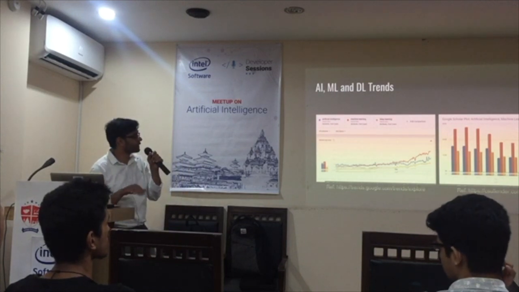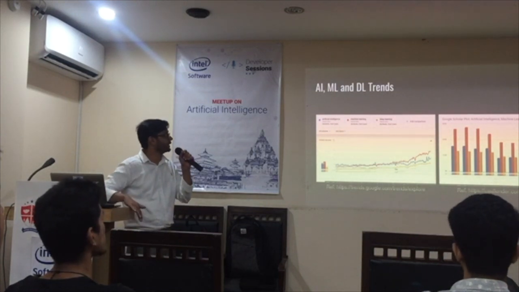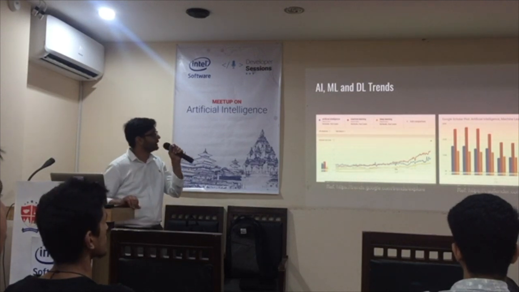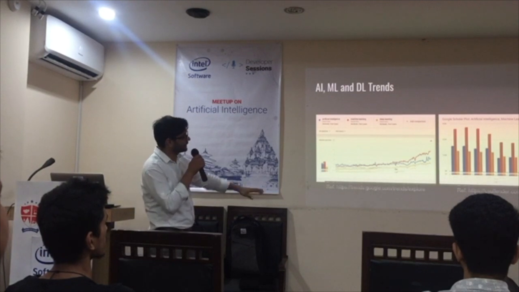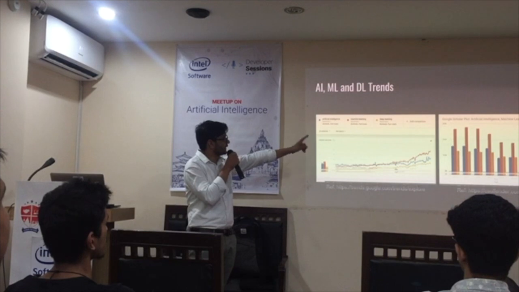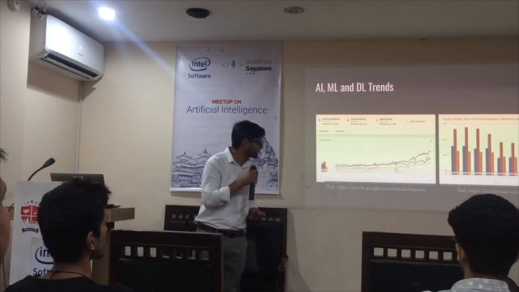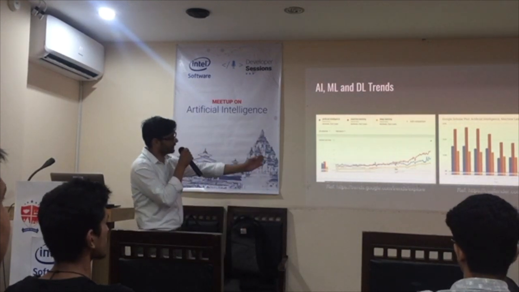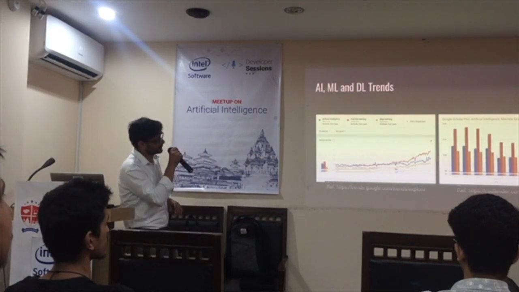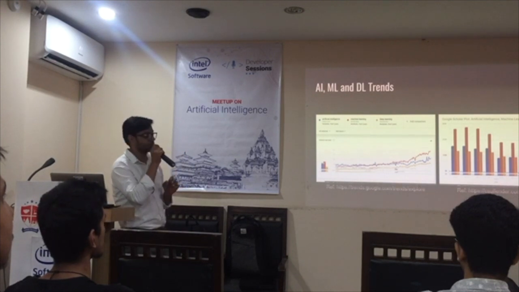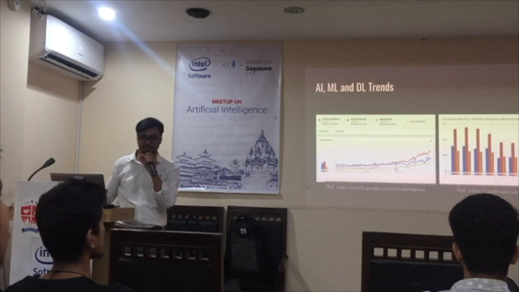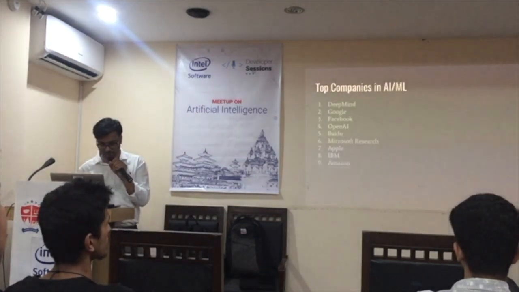So I'm now concluding the presentation and going through certain trends today with machine learning, deep learning, and artificial intelligence. This is the Google Trends chart of search terms like artificial intelligence, machine learning, and deep learning, and it has been increasing over the last 5 years. The latter is a Google Scholar chart that shows the articles published over the last 5 years. So there are lots of advancements in machine learning, AI, and deep learning.